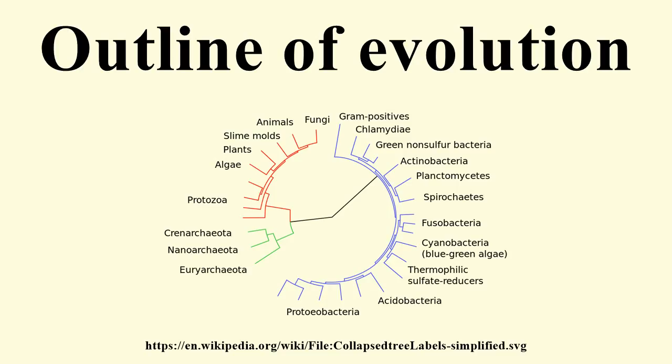Origin and evolutionary history of life: abiogenesis. Evolutionary history of life: an outline of major events during the evolution of life on Earth. Timeline of evolutionary history of life: a more concise outline. Evolution of organisms: evolution of tetrapods, evolution of dinosaurs, evolution of birds, evolution of mammals, evolution of cetaceans, evolution of horses, evolution of primates, evolution of humans, evolution of human intelligence, human evolutionary genetics, sexual selection.